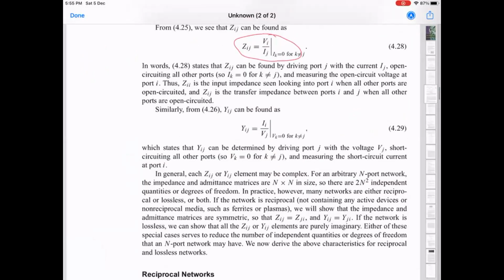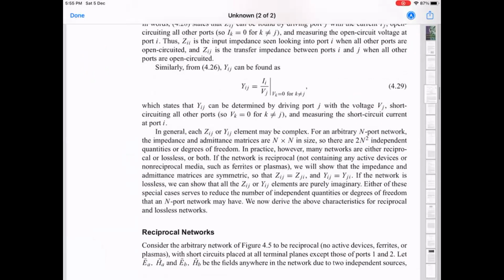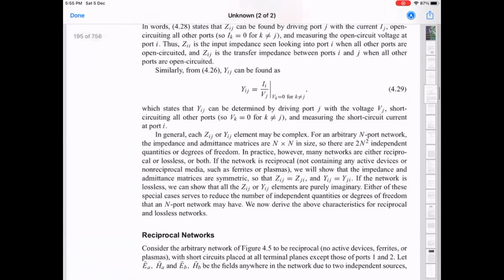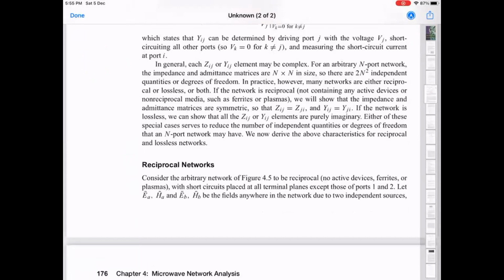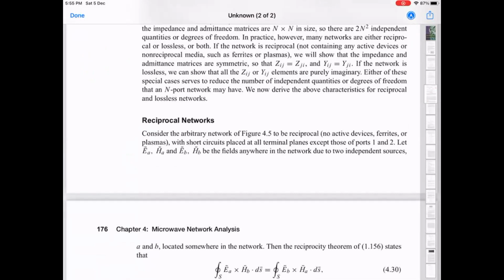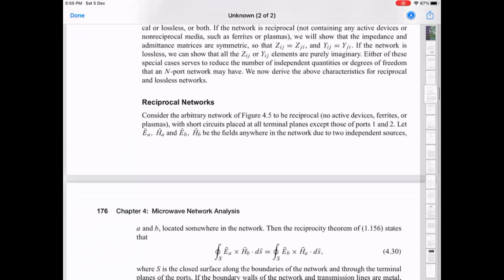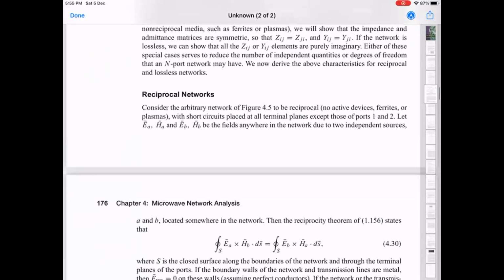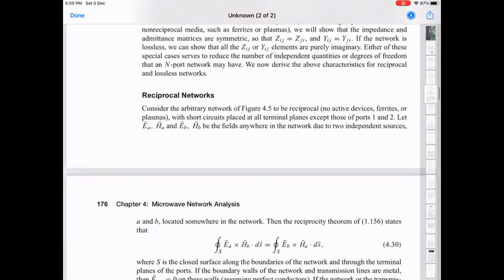Right. Okay. So that point I was making about the networks actually simplifying in terms of the number of independent parameters is related to these special types of networks. Reciprocal networks means that it doesn't matter if you interchange the two ports, the properties remain the same, which means things like Z21 being equal to Z12. You can look at these derivations here, which work through and show what must be the case for the different matrix elements when you have a reciprocal network, and then when you have